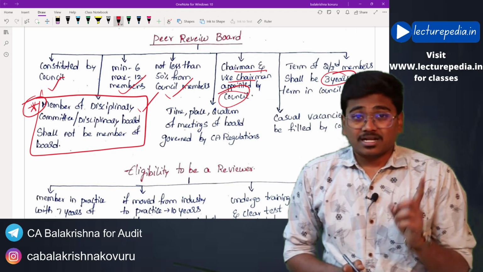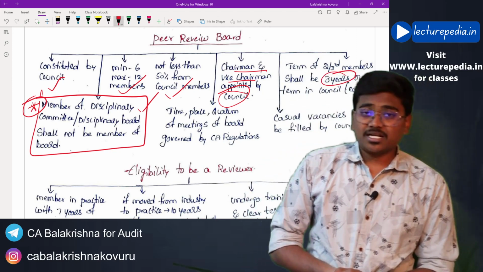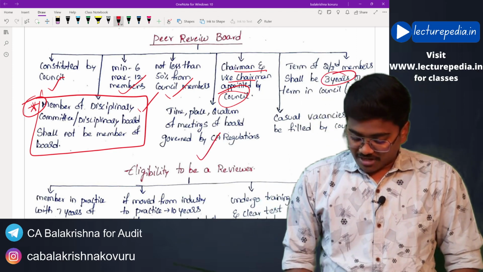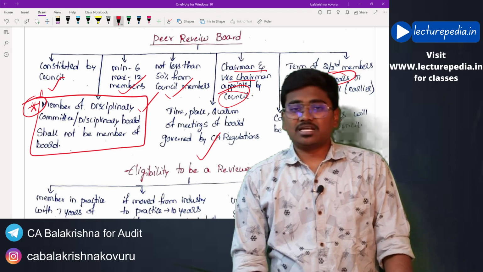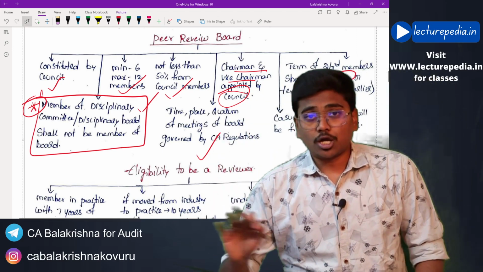And next, time, place and quorum related to meetings of the peer review board will be governed by chartered accountant regulations. And finally, if there is any casual vacancy in the peer review board, it will be filled by council. Okay,